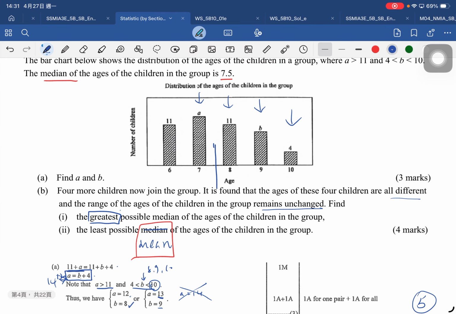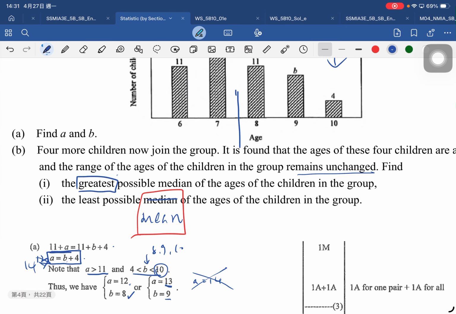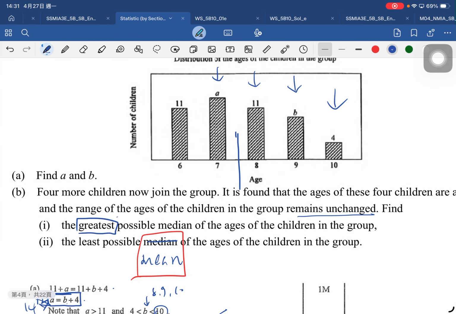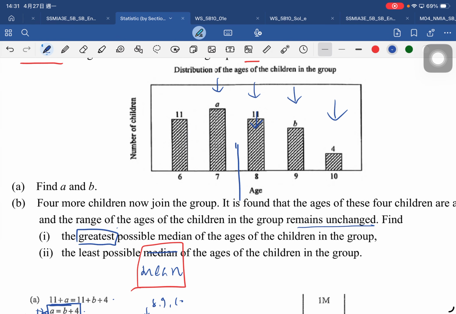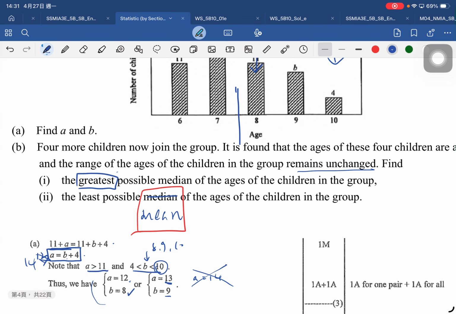The ages of the 4 new students should be 7, 8, 9, 10. If you consider the frequency, you can find that the greatest median must be 8 only. 每個都加1，因為如果你用呢兩組嘅 A、B 去揾翻，其實兩組每個加1嘅時候，個 median 無論點都會係8嚟嘅。